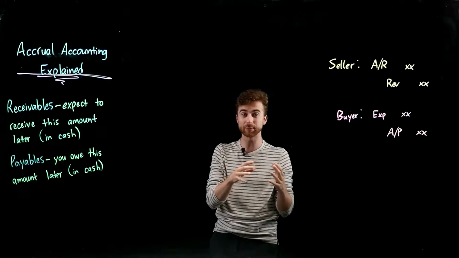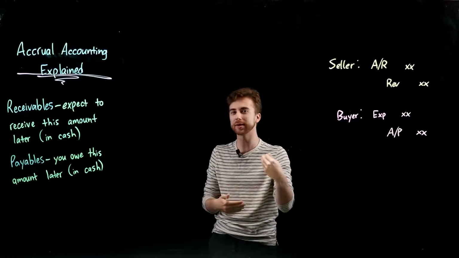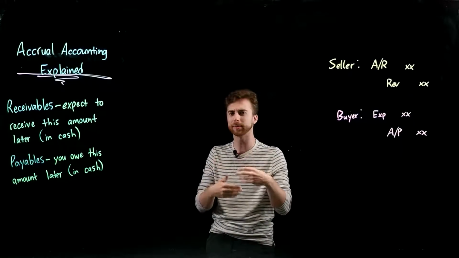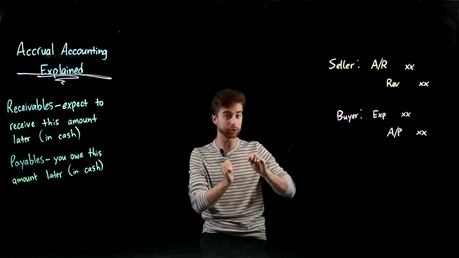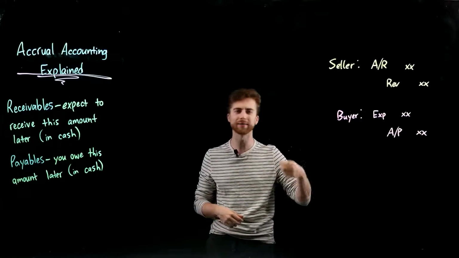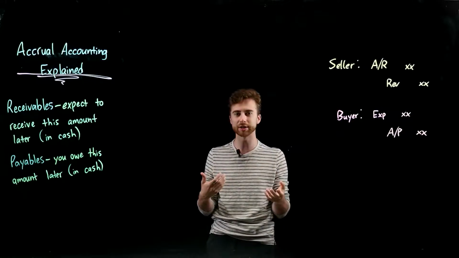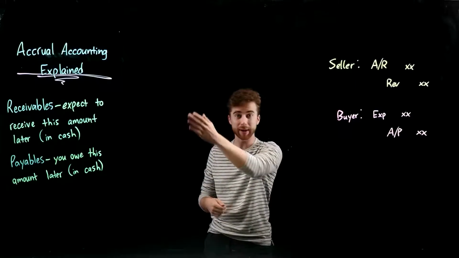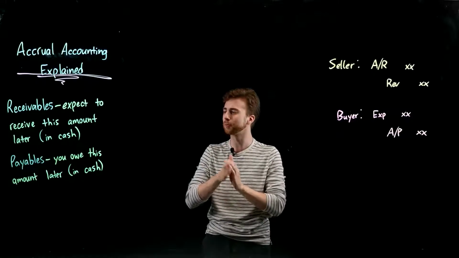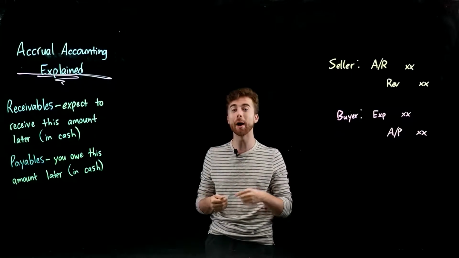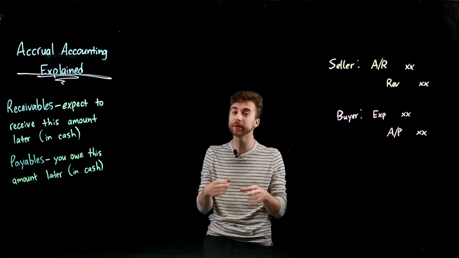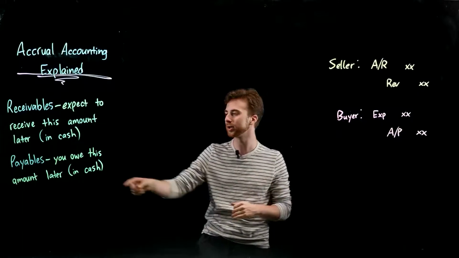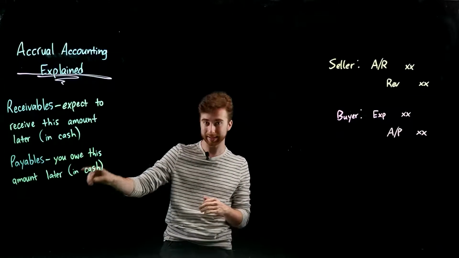On the other side, let's pretend we're the person approaching the company, wanting to buy something from them. Well, I don't have the cash on hand right now, but I think that with whatever I'm going to buy from them, maybe I can take that and go make a lot of cash with it. Or I know I'm going to have the cash really soon. Just the nature of our operations makes it so I don't have a large surplus of cash on hand right this second, so I can't just buy something from them with cold hard cash. So what I'm going to recognize is a payable, meaning that I'm going to owe this amount to whoever I purchase this from in cash at a later date. So you owe this amount later in cash, okay?